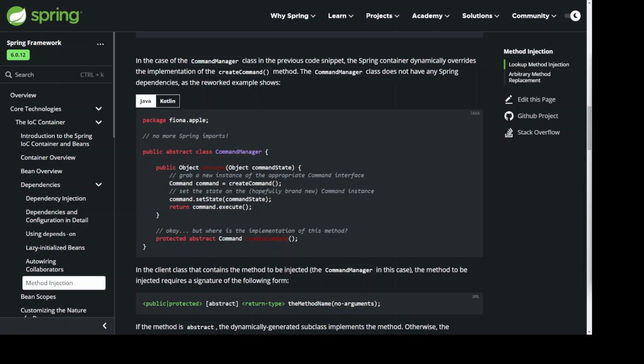Command = createCommand(); // set the state on the hopefully brand new Command instance. command.setState(commandState); return command.execute(); OK. But where is the implementation of this method? protected abstract Command createCommand();